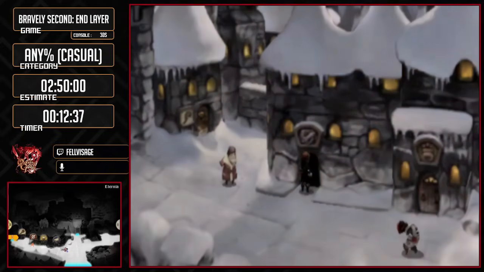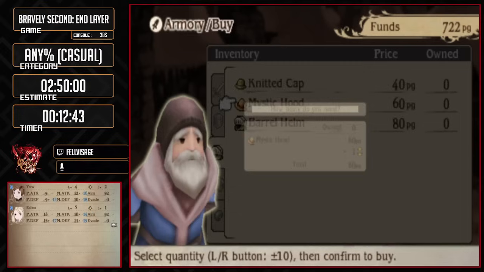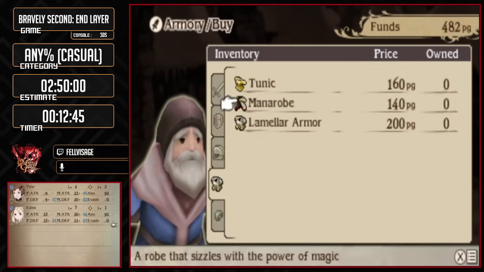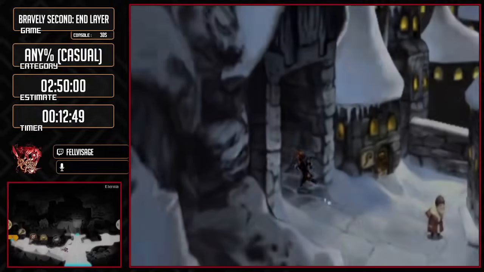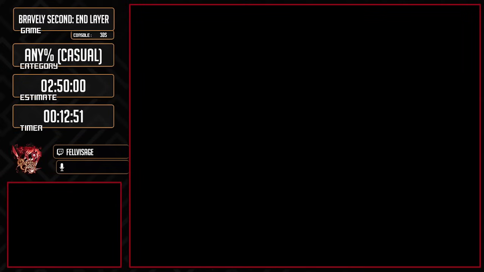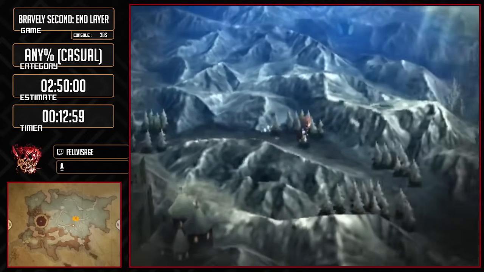Oh, didn't mean to leave the shop. Fine, it's not much slower. I'm gonna buy 6 rods, because magic. Oh, that's the wrong one. 4 of these, and 3 of these. And that's naturally just a whole bunch of magic gear. It'll increase our magic attack. So, the thing about equipping gear in this game is...